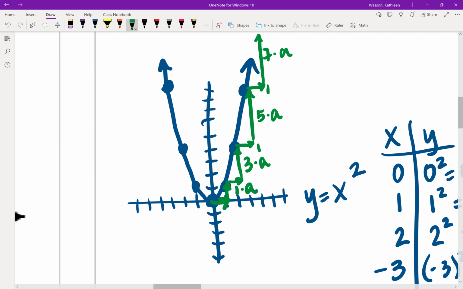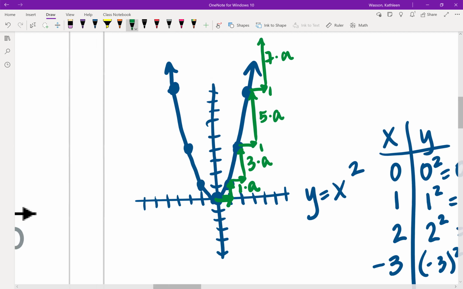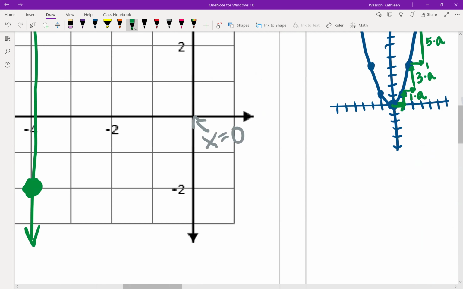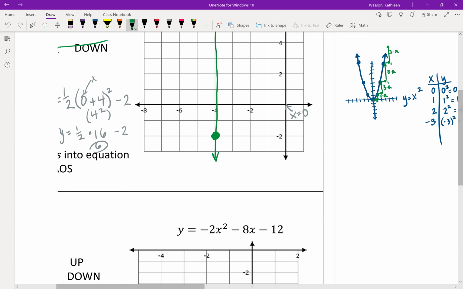This always works. So you could use this to graph equations once you know where the vertex is. And you wouldn't need a graphing calculator, and you wouldn't have to calculate the y's for the x's. So if you want to write yourself a note of how the step pattern works,